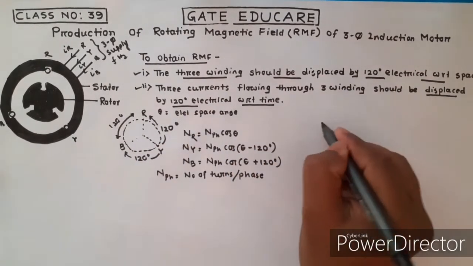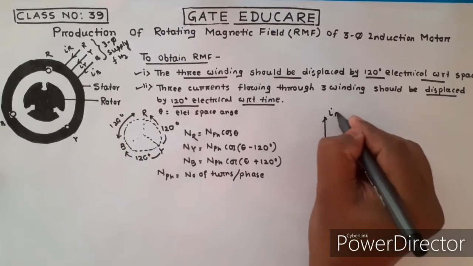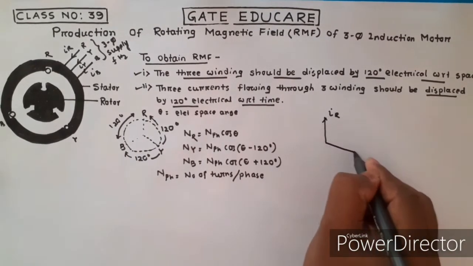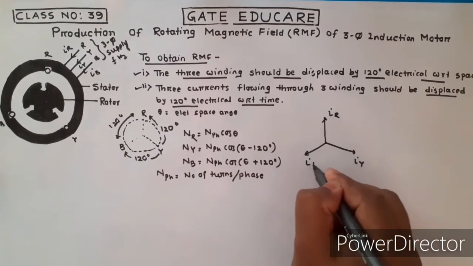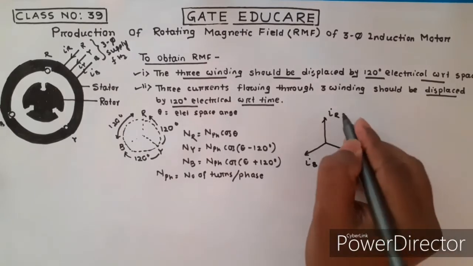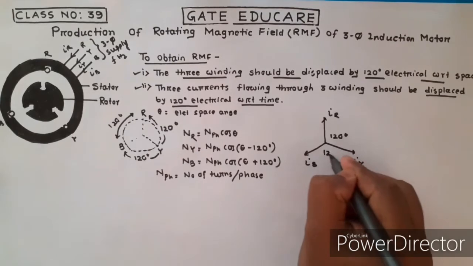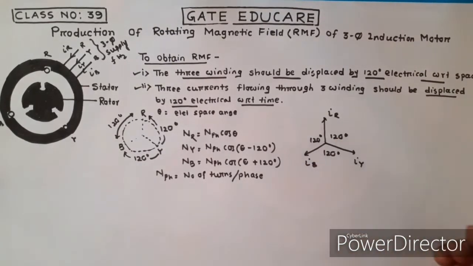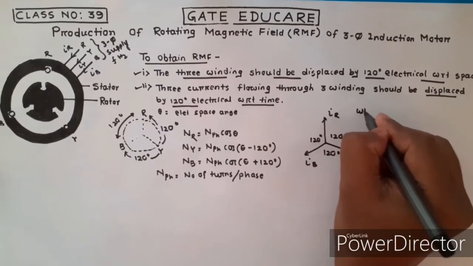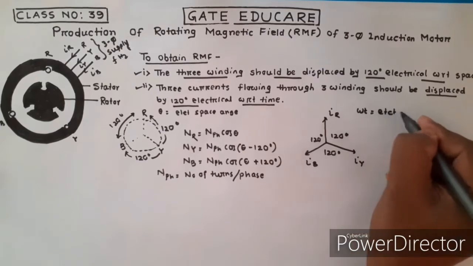That means if I draw the phasor diagram, this is I of R, this is I of Y, this is I of B, and this angle should be 120 degree, this angle should be 120 degree, and this angle should be 120 degree. If omega t is the electrical time angle,